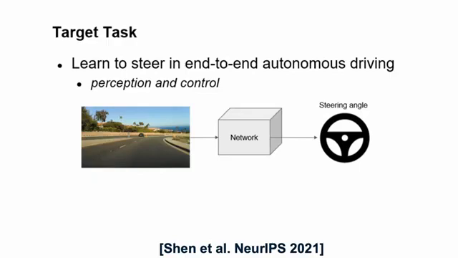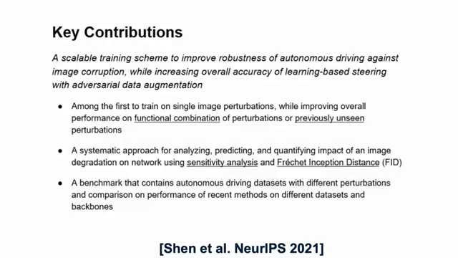Our target task is learning to steer in end-to-end autonomous driving. This includes perception and control. This task can be observed in the diagram, where a network predicts a steering angle with image input. Our primary key contribution is a scalable training scheme to improve robustness of autonomous driving against image corruption, while increasing overall accuracy of learning-based steering with adversarial data augmentation. It is among the first to train on single image perturbations while improving overall performance on functional combinations